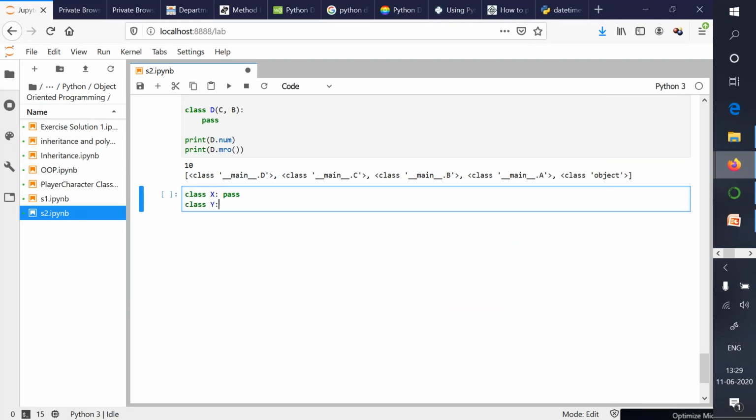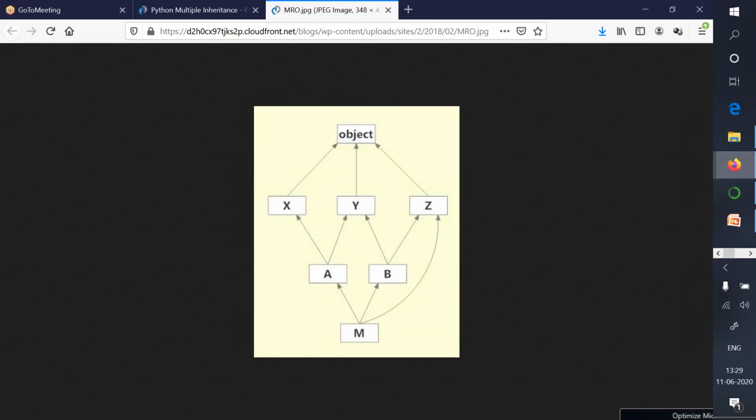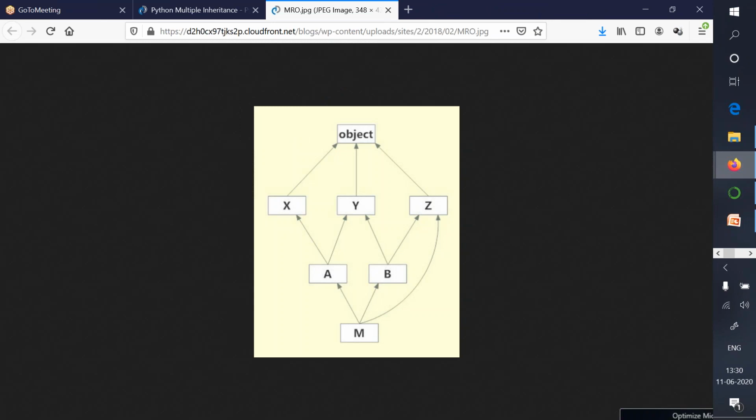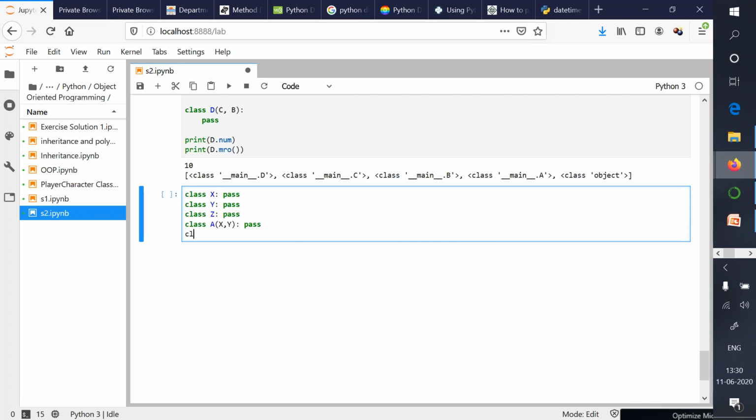So class X, class Y, and class Z need not do anything, because as per this inheritance hierarchy, X, Y, and Z are inheriting from object, that by default is there. Then we define class A as inheriting from X and Y, and pass, because yes, A is inheriting from X and Y.